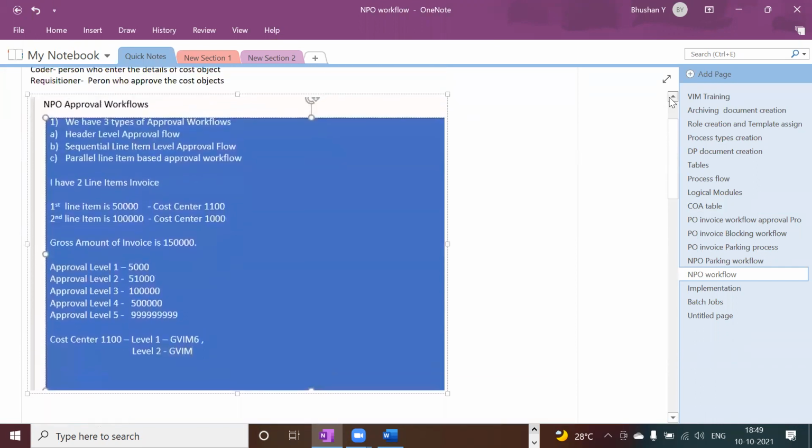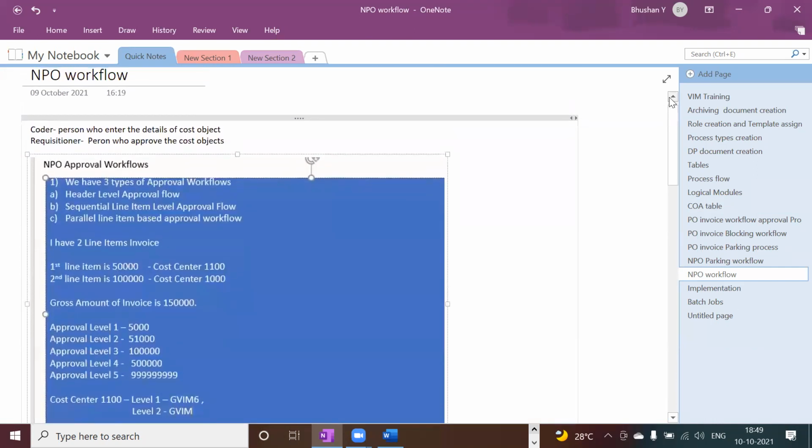But most of the time, the workflow in the current one may not be fulfilled. Maybe you need to go for an extension, or if the invoice volume is low, you can go for approval within